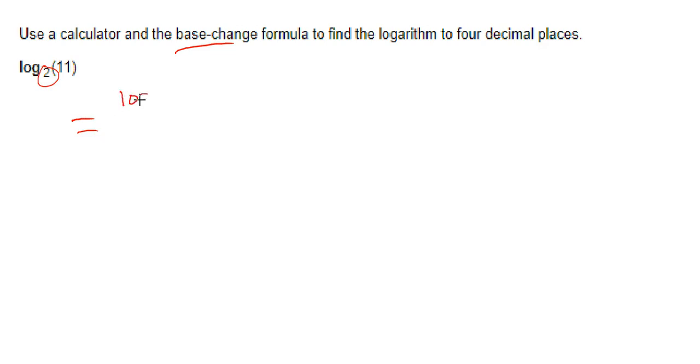So I'm going to change it to log base 10. Again, I could change it to whatever I want. I'm going to choose log base 10. Whatever's inside the original logarithm stays in the logarithm on top. So I'll keep the 11 in the logarithm on top. And then whatever the base was of the original logarithm goes in the logarithm on the bottom. Right? So I'm going to plug that into my calculator, divide these two. So I'll get log base 10 of 11 divided by log base 10 of 2. And I end up getting, as an approximate answer,